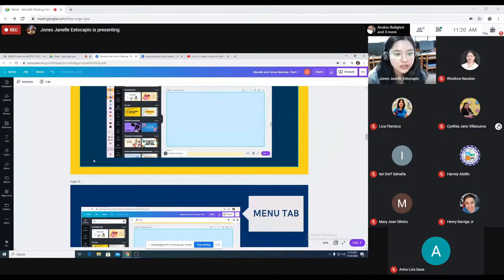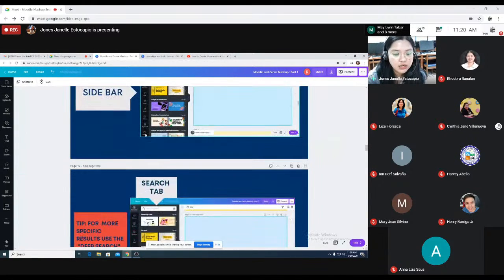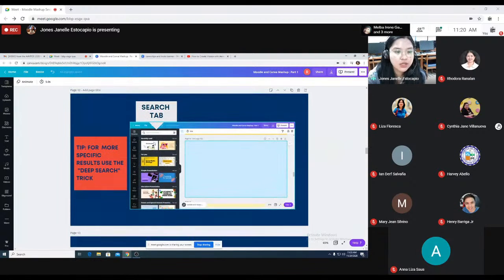So here is the editor. Let's start with the sidebar here. Search tab. Let's start with the search tab. I'm gonna share to you a trick in search tab. Okay. So did you know that even in Google, you could actually unlock its features once you know the tricks and the tips on doing the deep search? We call it as the deep search. So here,